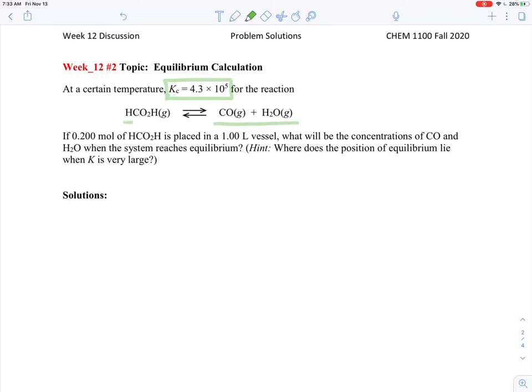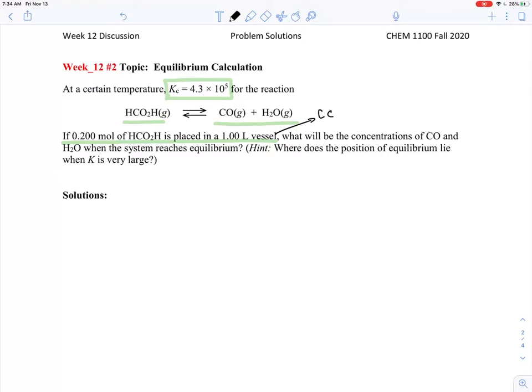So this is HCO2H, which is an acid, and this is called formic acid. And formic acid decomposes into CO, carbon monoxide, and water. And then the question is, if 0.2 moles of formic acid is placed in a 1 liter vessel, so I guess